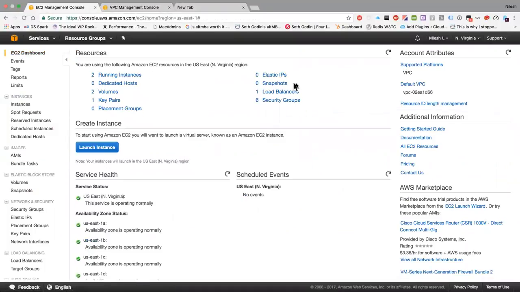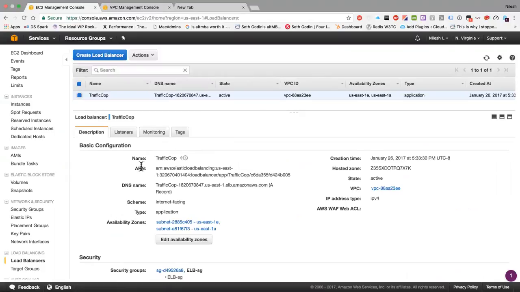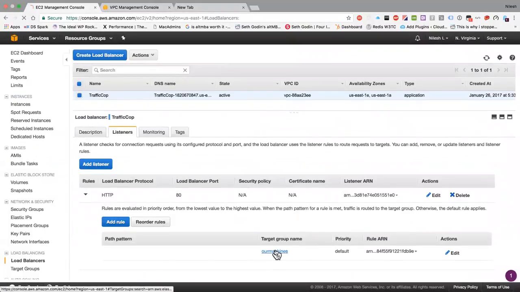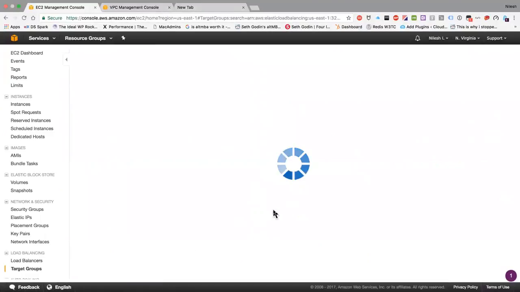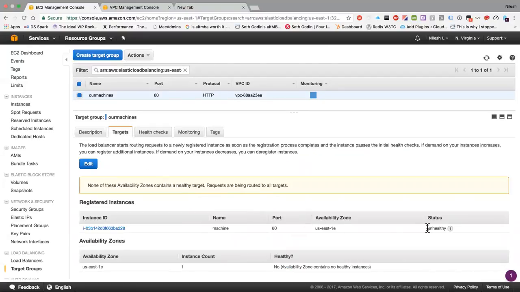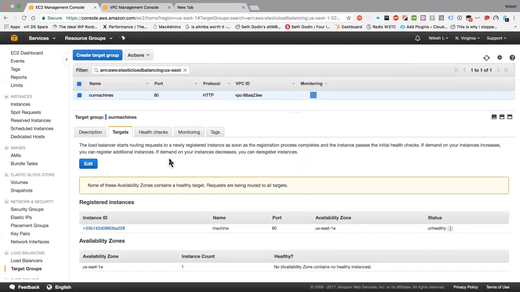The health check should now pass. So here is our load balancer, click, and then we see our load balancer health check status. So let's go see our listeners. In our listeners, you will see that there is a group called our machines. In our target group called M1, M2, M3, we just have only one, and that target is unhealthy. So it request timed out. It attempted to connect, the request timed out. That means in the next 5 to 10 seconds, it should pick up and find that that machine is